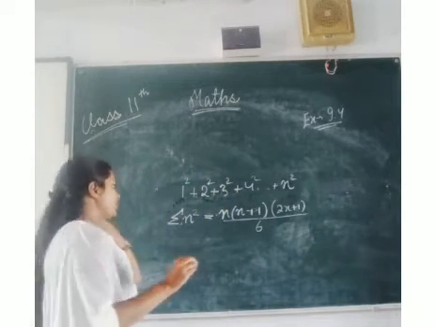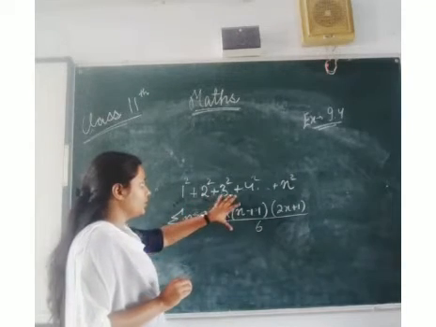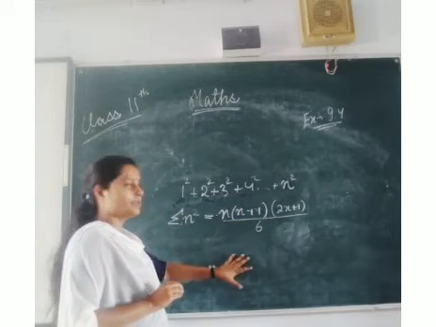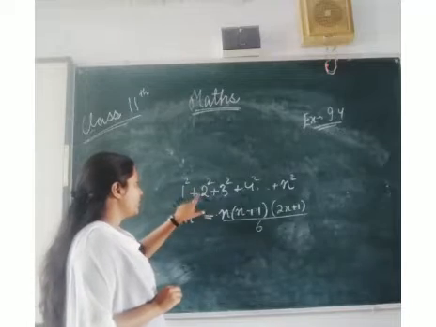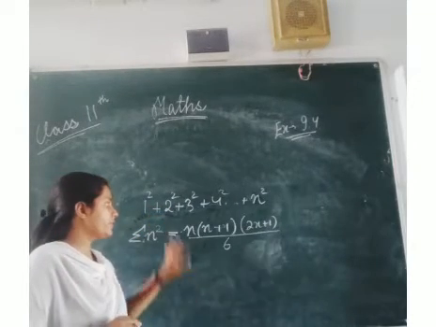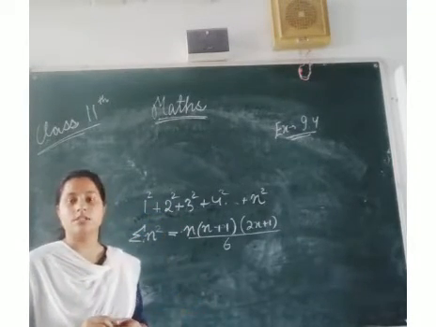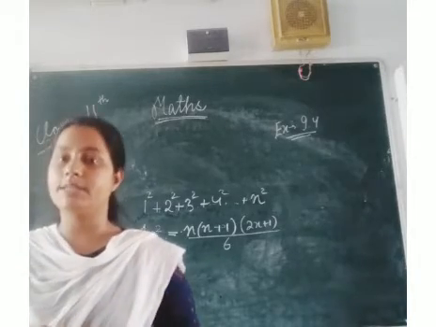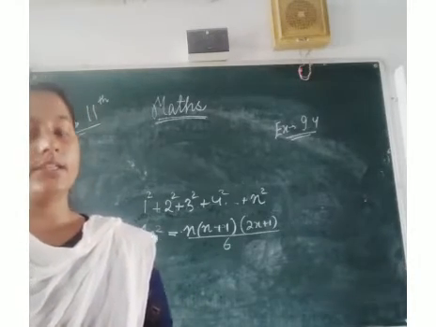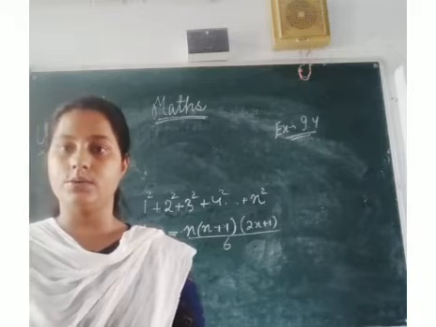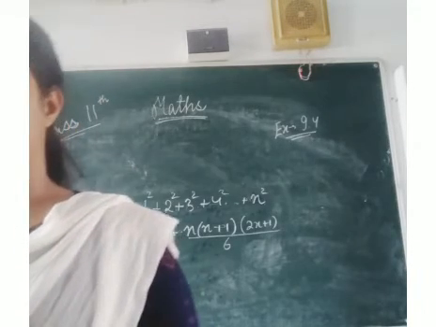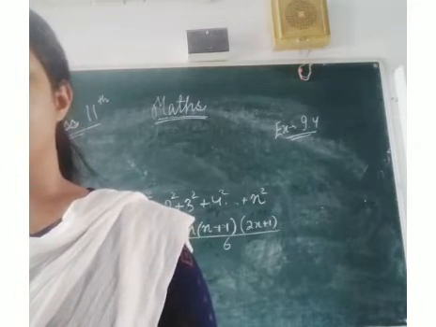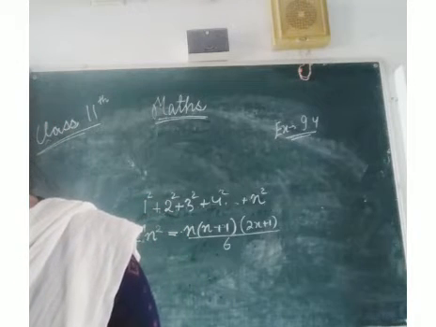What we are going to do is put n equals 4 and simplify this: 1 plus square 2 plus square 3 plus 4. We will simplify these two values by both different methods, and we'll see at the end that the values come out to be equal. So this was the sum of squares of the first n natural numbers.